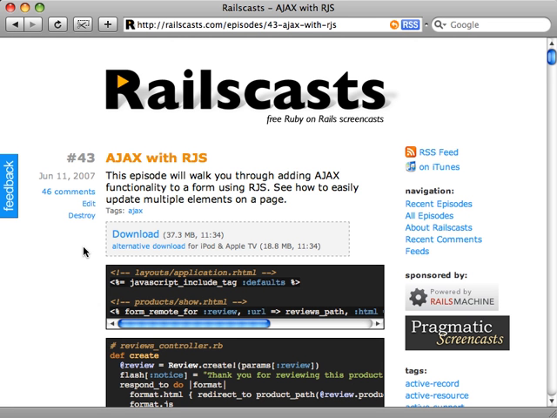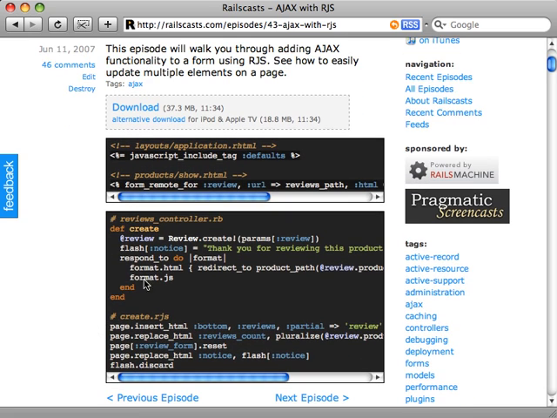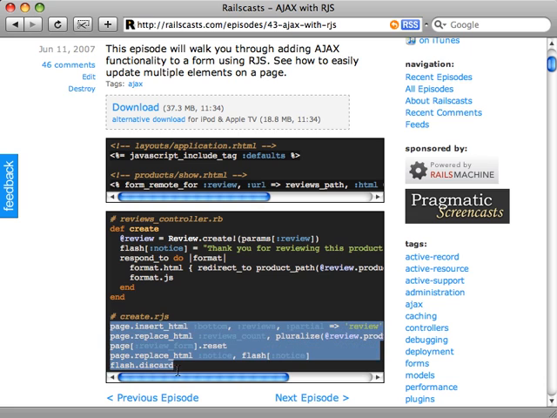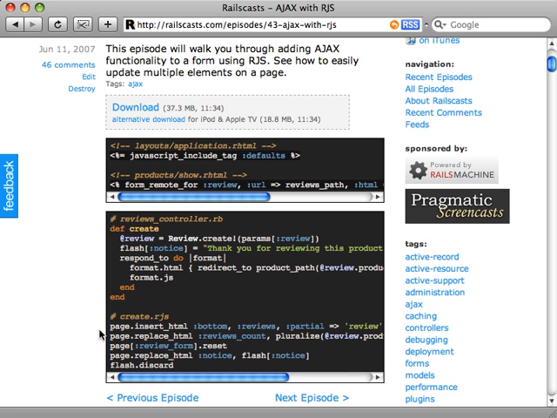In episode 43, I showed you how to update multiple elements on a page using a single AJAX request. First, I loaded up the prototype JavaScript libraries, and then I used form_remote_for to submit an AJAX request when the form gets submitted. And then I responded to the JavaScript in my controller using some RJS to update multiple elements in that single